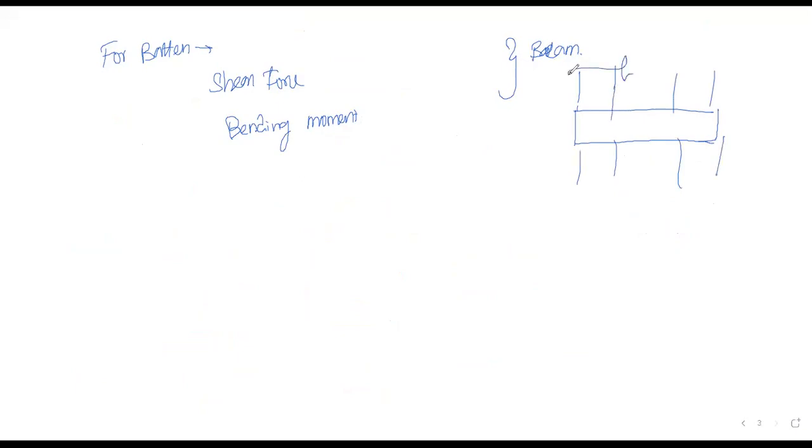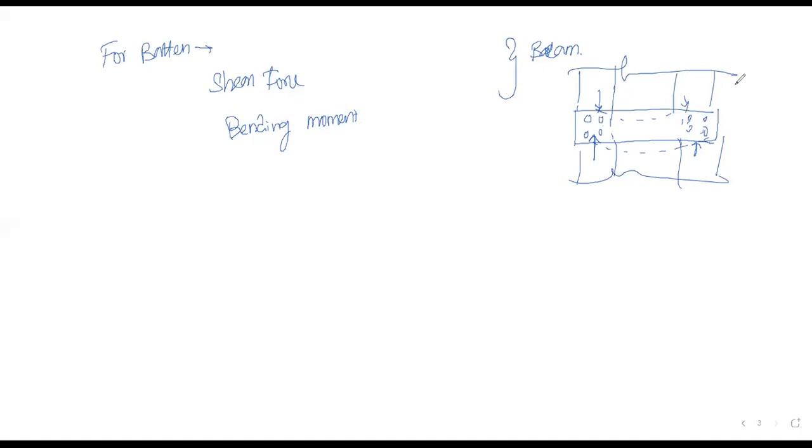So this is our column portion. In between that, we have our batten, and it is connected with some bolts. So if the column load comes over here, then it can get some moment as well as shear. Shear we can get here, and the moment we can get here. Because of this, we have to check whether the batten is safe to transfer the shear force and the bending moment. That is our minimum requirement.